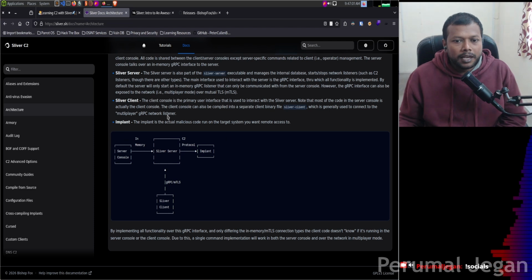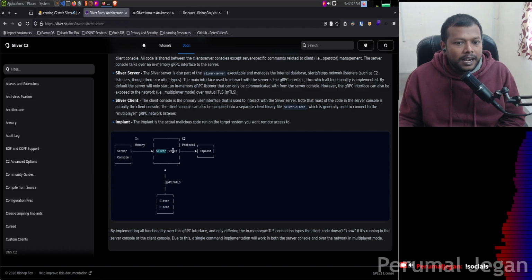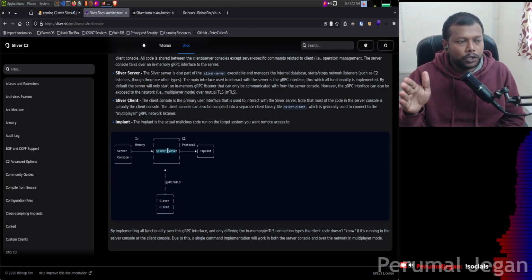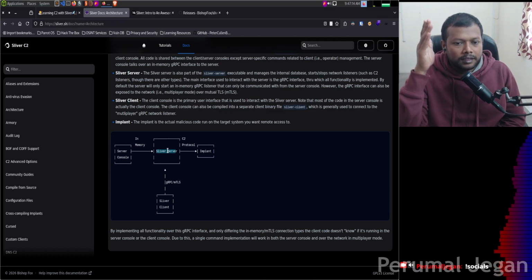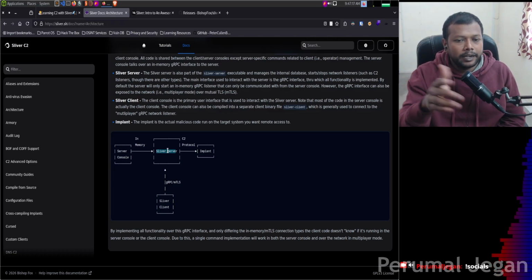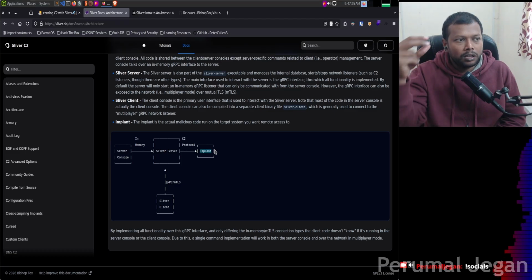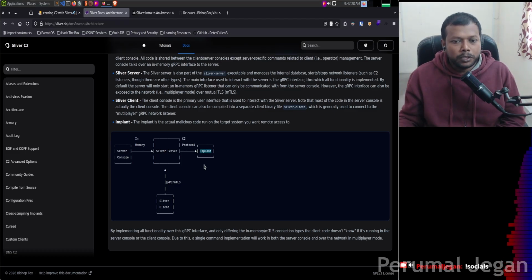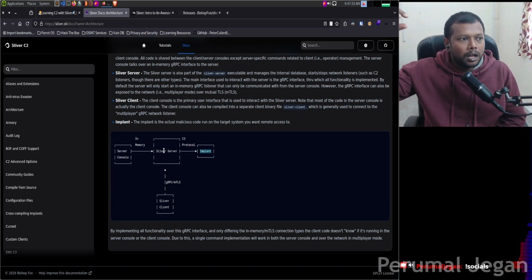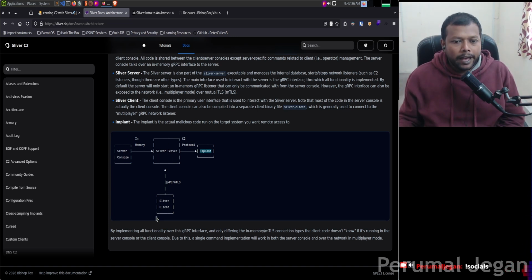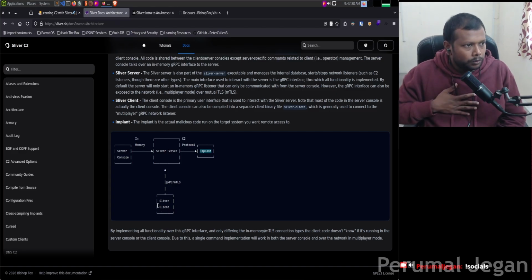So here they gave the architecture of Sliver itself, and you can see the Sliver client and Sliver server. The Sliver server is actually the major part of the Sliver C2, because it acts like a middle point, if you see this image. The implant is nothing but the software that we planted on the victim's machine. The victim's machine is going to communicate with the Sliver server. The Sliver server is kind of a midpoint, where the Sliver client, which is nothing but ourselves,